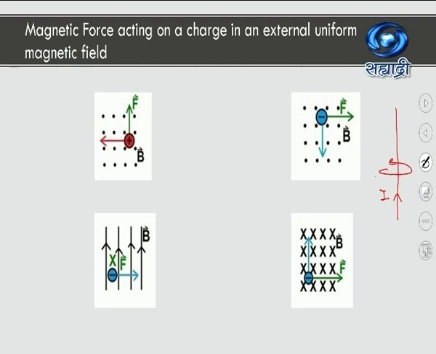Remember, if the magnetic field is to the left side, then the convention is to show an arrow to the left side. If the magnetic field is towards the right, then we show it by an arrow directed rightwards. Magnetic field upwards, magnetic field downwards. But what if the magnetic field is into the screen or into the plane of your notebook page, or outside the plane of paper, perpendicular to it? Then how should I denote it?